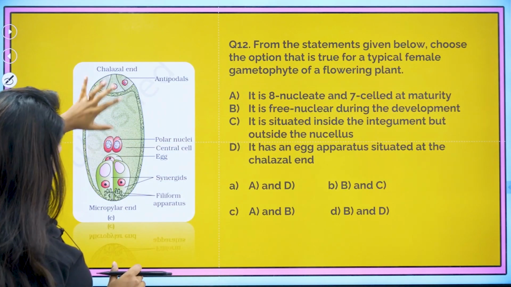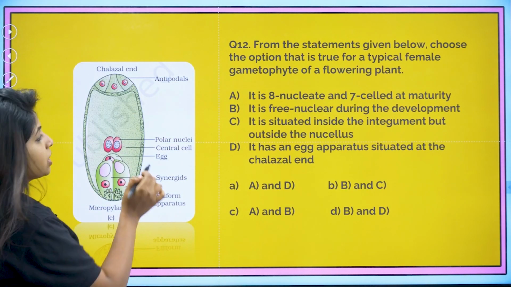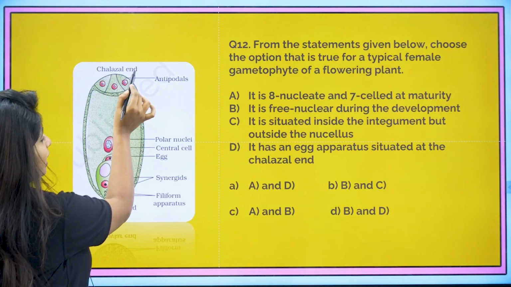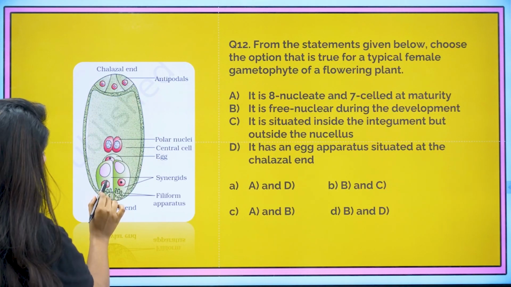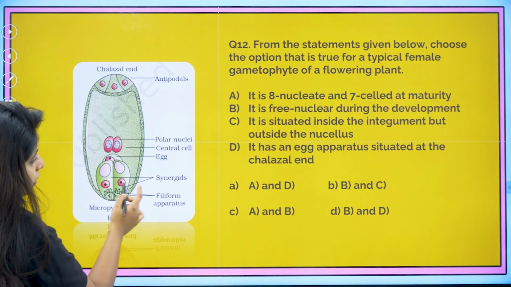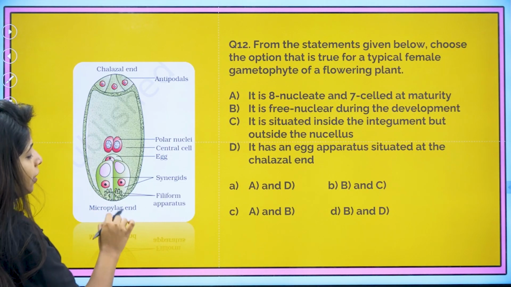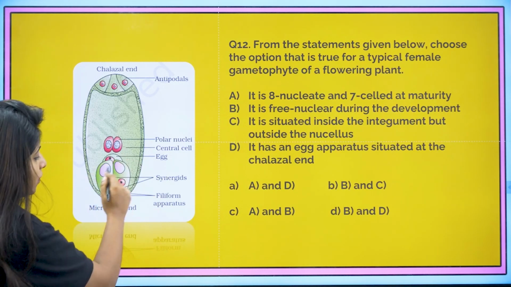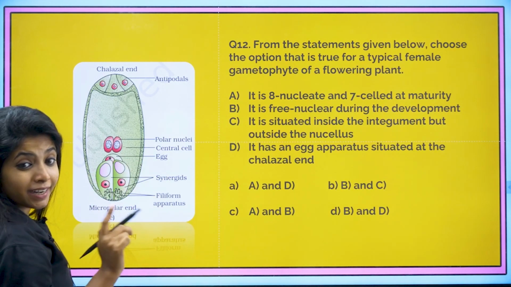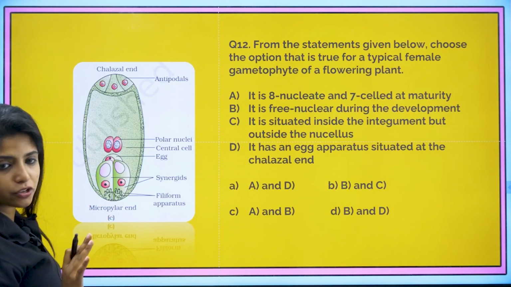Now, you have to tell. I think I have put the same picture over here as well. So, let me see what is true. So, there are 3 antipodal cells at the chalazal end, okay? And there are 1, 2, 3 synergids as well as the egg cell towards the micropylar end. Synergids and egg cell together, I call them the egg apparatus. So, all of them are towards the micropylar end. I told in one short video that the micropylar end is very important, because of this reason.